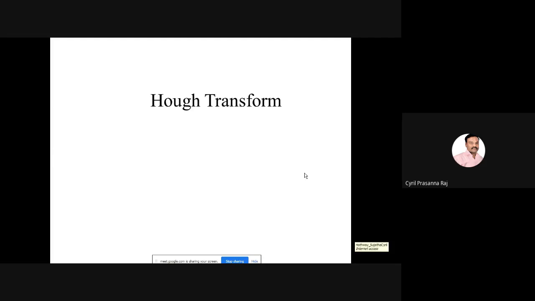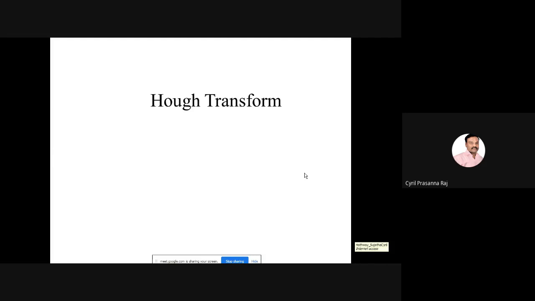So today we will discuss a very simple mathematical concept called Hough transform. We will see how to use this Hough transform with a simple example, and then we'll go back to our previous example where we were supposed to count the number of lines in a given image. Before trying to do that example, I had already given you the exercise, and I wanted you to learn the concept of Hough transform.